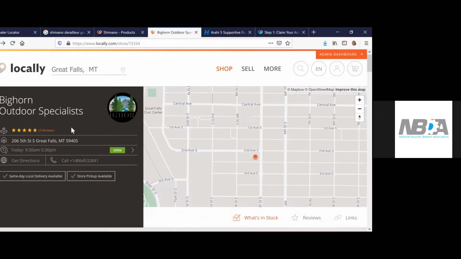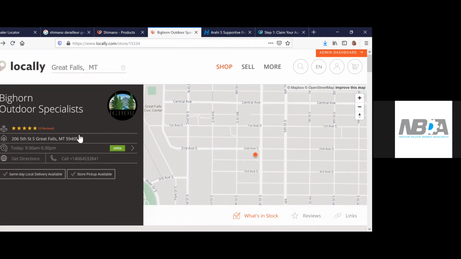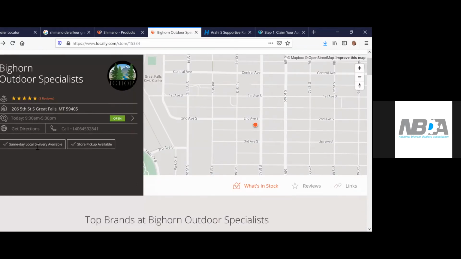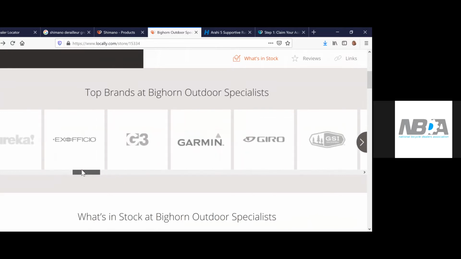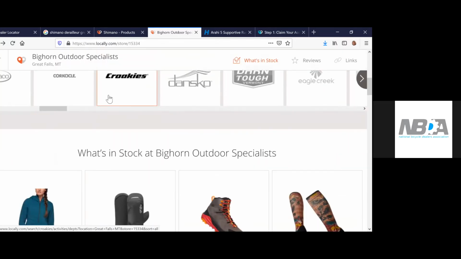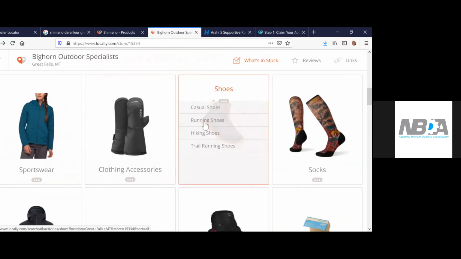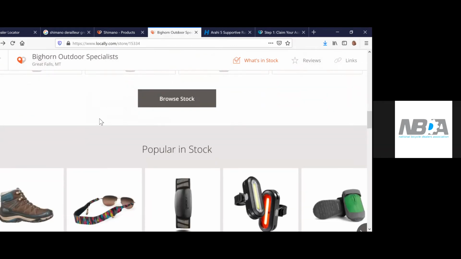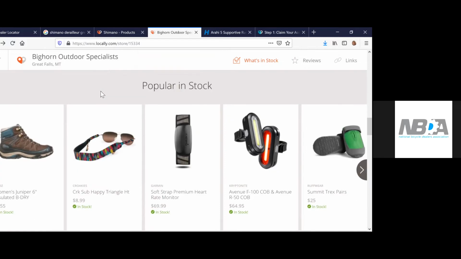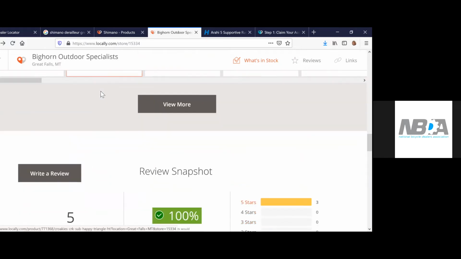That information carries over to their profile. We can see here that in-store pickup is available and same-day local delivery is available. Here we're able to see the various brands that are sold at Bighorn Outdoor. And then here's the catalog of goods which Locally is managing.